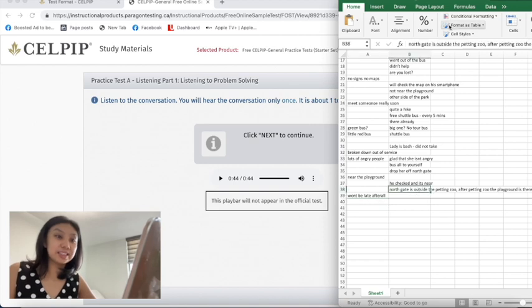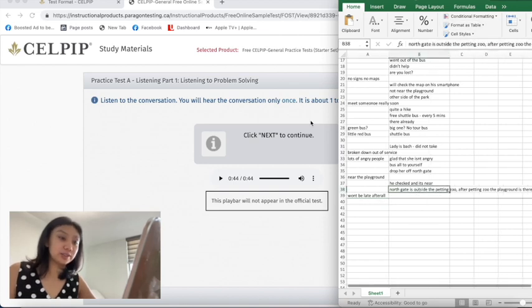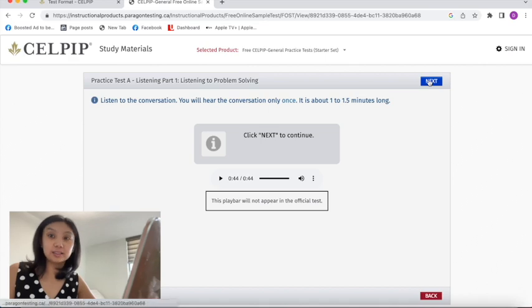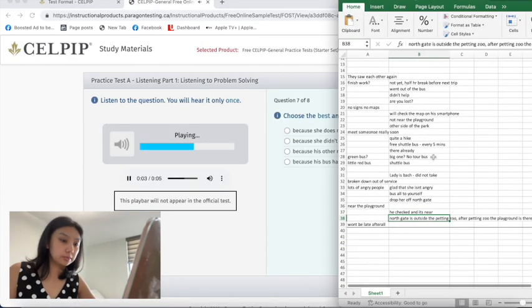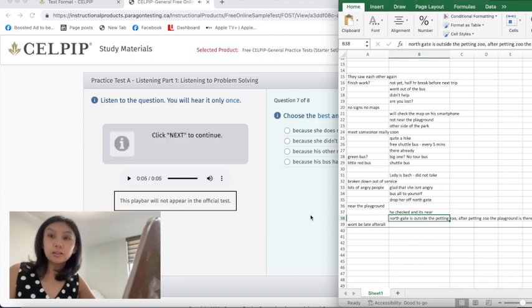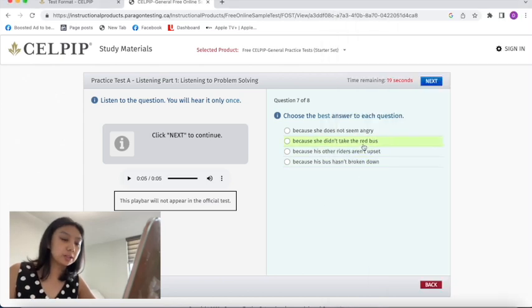So, mas mabilis i-type than isulat. So, you really have to practice how to write these things down. Question 7. Why does the bus driver tell the woman he is glad? So again, di naman explicitly said, but by inference, you will know that the bus driver was glad because she,